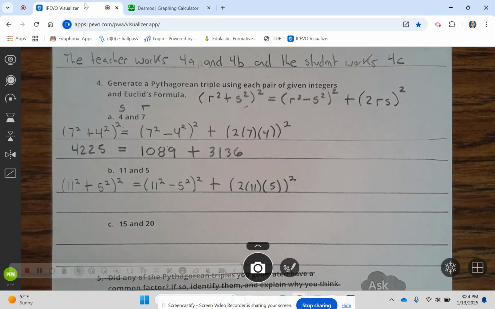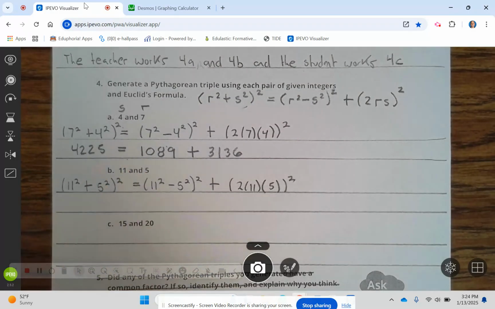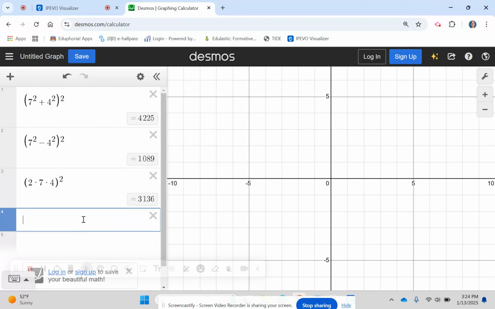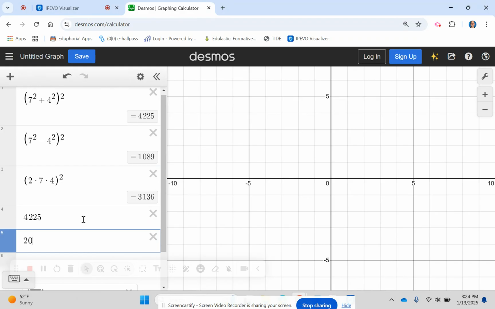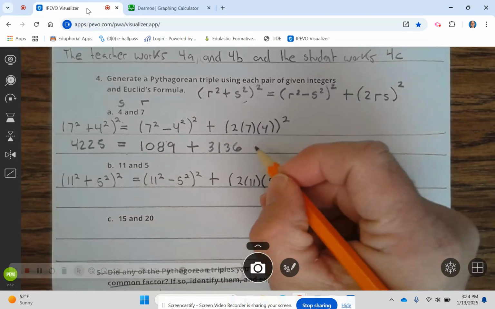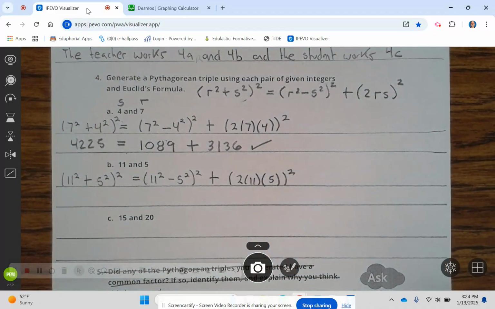Okay, now we need to see if this statement is true. So we have 4,225, and let's see if 1,089 plus, so you can see that these are equal. This checks, so this is an example of a Pythagorean triple. All right, let's take a look at B,